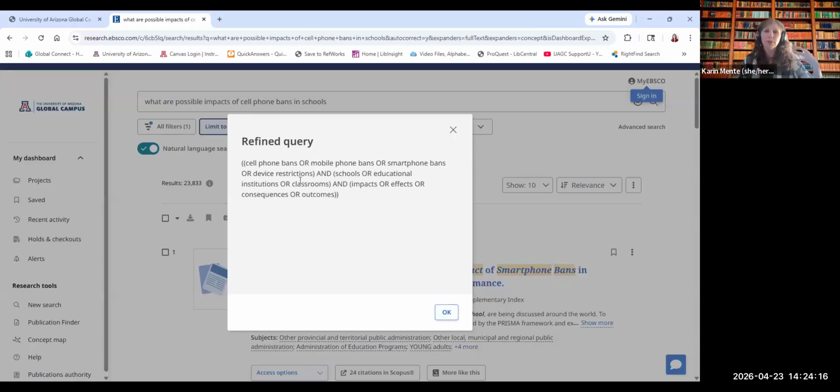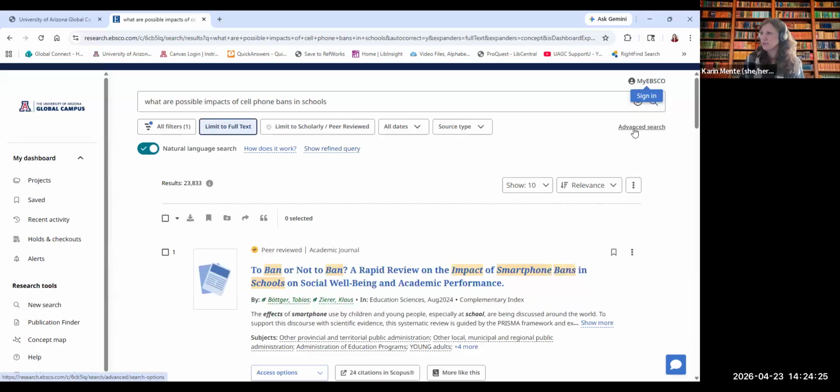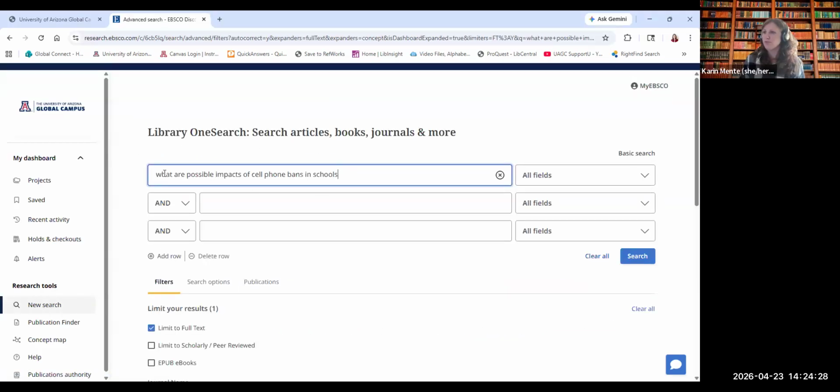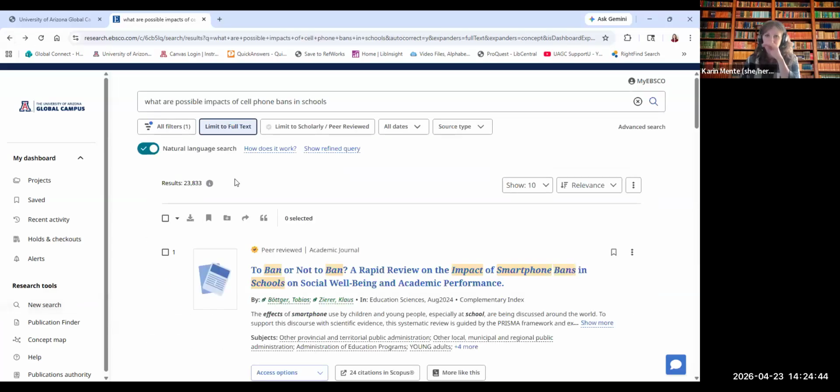So then, this is a good way to build your list of keywords that you want to search for in the library. Maybe I jot some of these down, and then next I try an advanced search with the natural language feature turned off, but with some of those keywords involved. It's just different ways to search the library for your research topic and get different results. I mean, so much of the research process is honestly just throwing stuff at the wall and seeing what sticks. So I just wanted to point that out. It's a feature that I know a lot of students really love because it's just a different way to search for your topic.